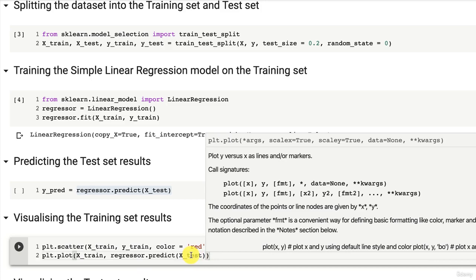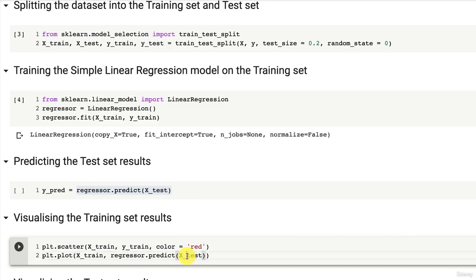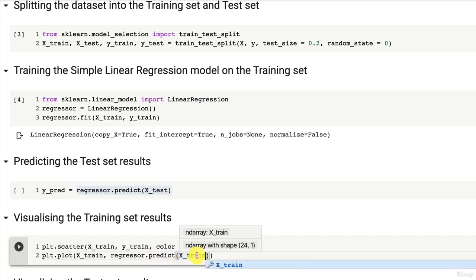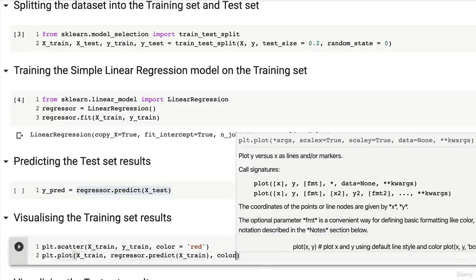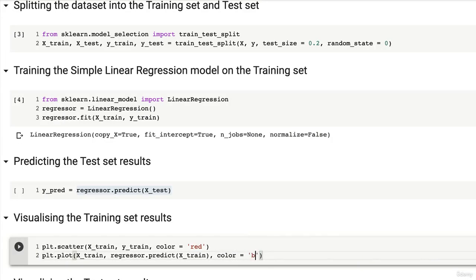But instead of inputting here x_test, I'm going to input actually x_train, because calling the predict method on x_train, meaning on the numbers of years of experience of the employees in the training set, will get me exactly the predicted salaries of the training set. All right, just as before with predict x_test. So x_train, yes, and then just as before, we're going to choose a color, which this time will be blue, right? So that we can clearly see the difference between the real salaries and the predicted salaries. Okay, so this will plot the regression line.